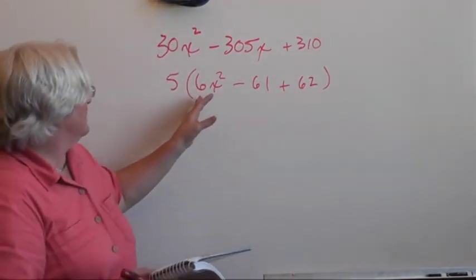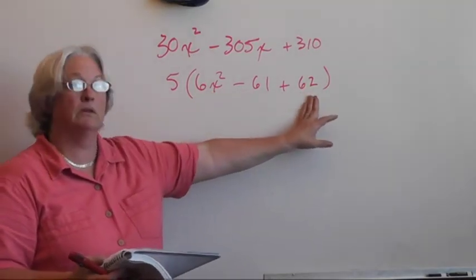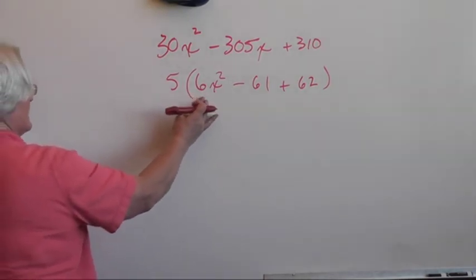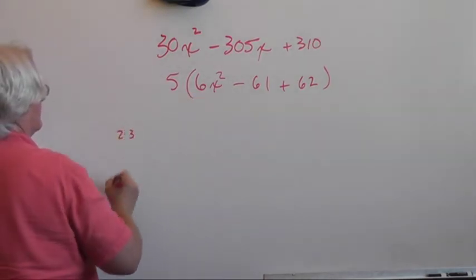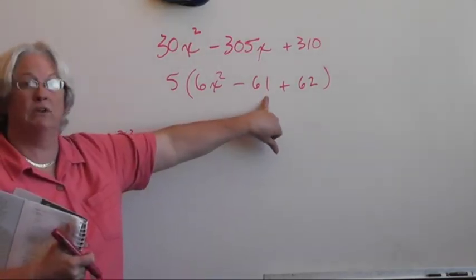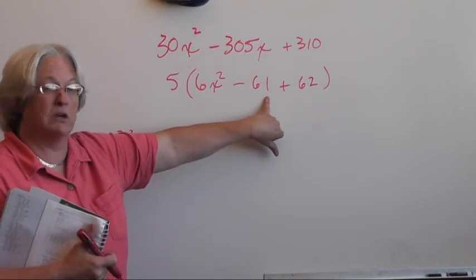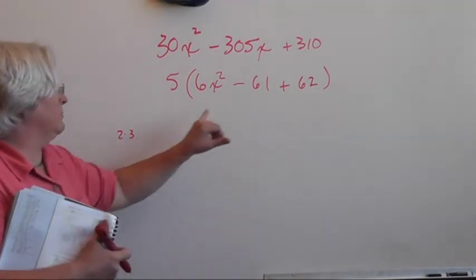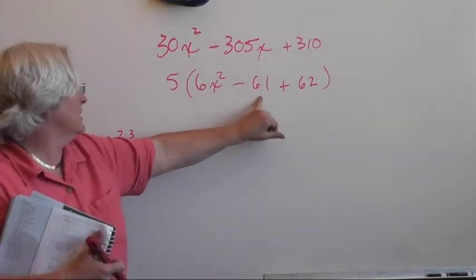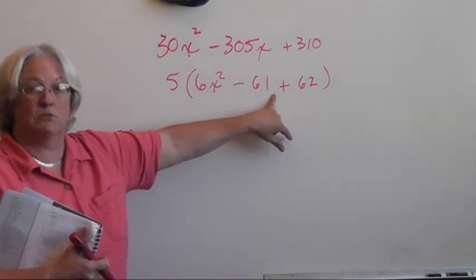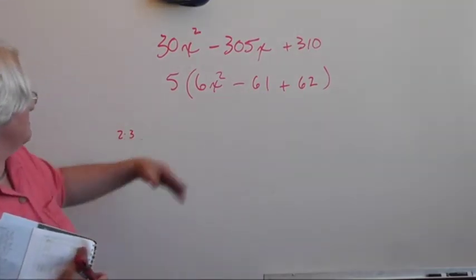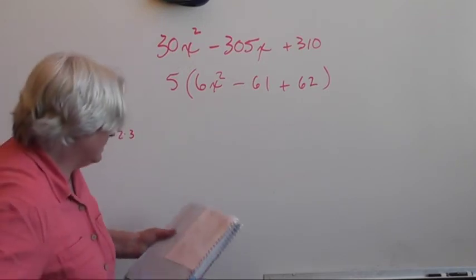Now, is there anything else that we have in common here that we can factor out? Well, the only factors of 6 are 2 and 3, 1 and 6. 61 cannot be divided by 2 because it's not even. 61 can't be divided by 3 because the way that you tell if something is divisible by 3 is if the sum of the digits is divisible by 3. 6 plus 1 is 7, which you can't divide by 3. So that means that we are going to have to